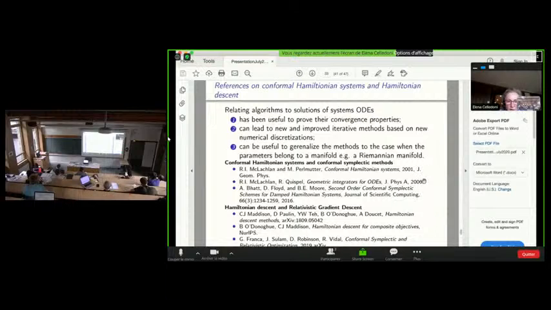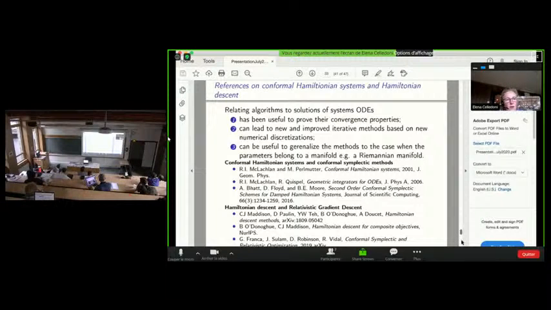Here I have a number of references for conformal Hamiltonian systems, both for theory and for numerical discretization, which are relevant in this case, while the last part of the slide is dedicated to references in the deep learning or Hamiltonian descent learning literature.